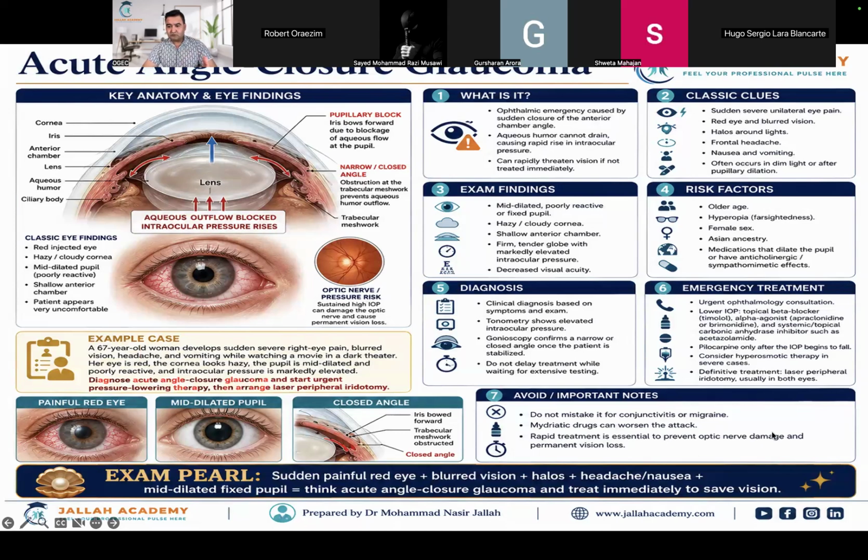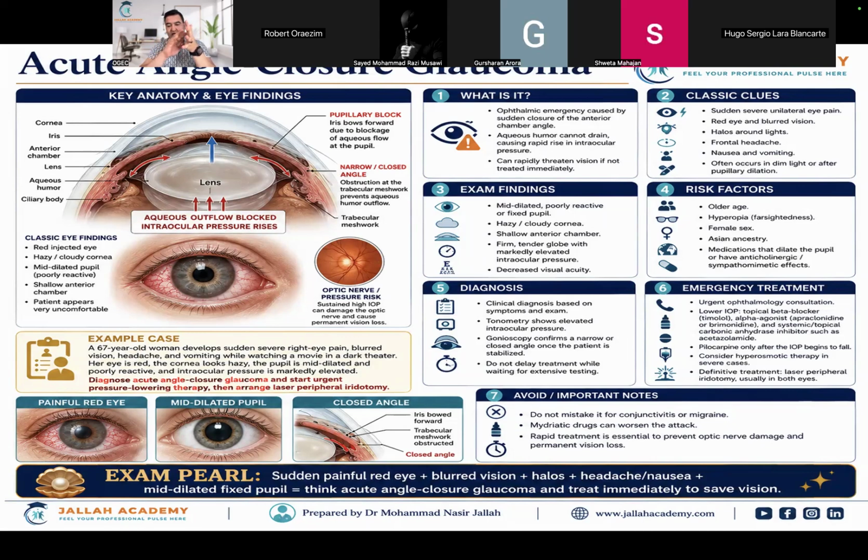And then if the pressure starts to go down, on its way down, then you can use pilocarpine, only after the IOP begins to fall. The reason I'm asking is because these questions were in most of the subscriptions. So the best treatment is timolol to start with, decreasing the pressure. Once the pressure starts to go down, if they ask you what is the next step, then you can start pilocarpine only after the pressure starts to go down.